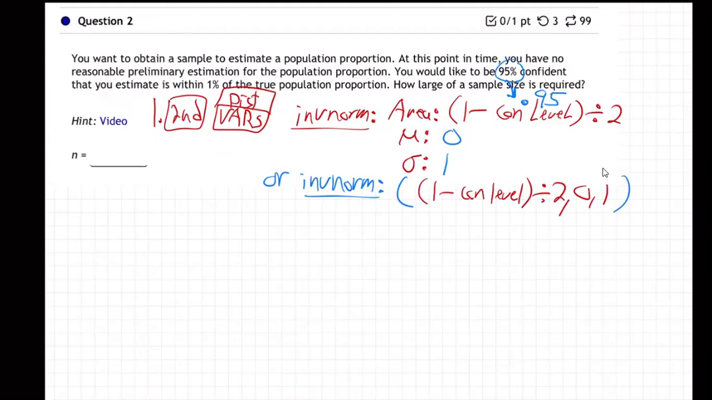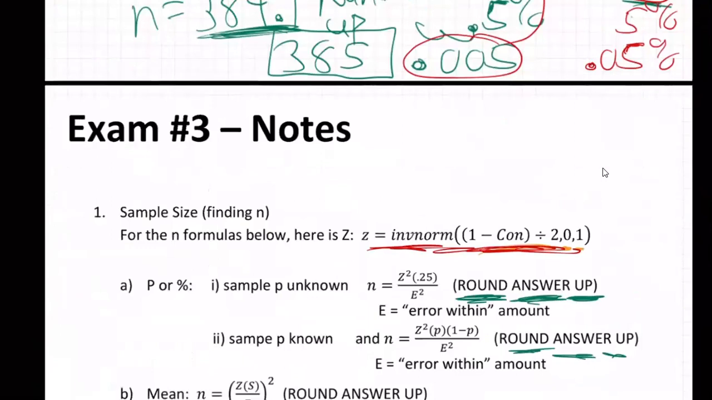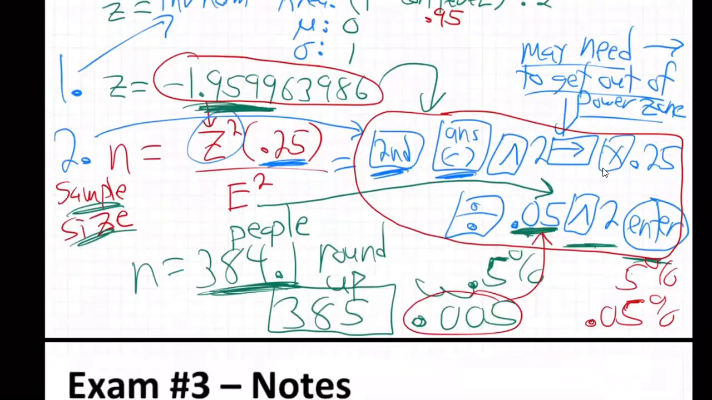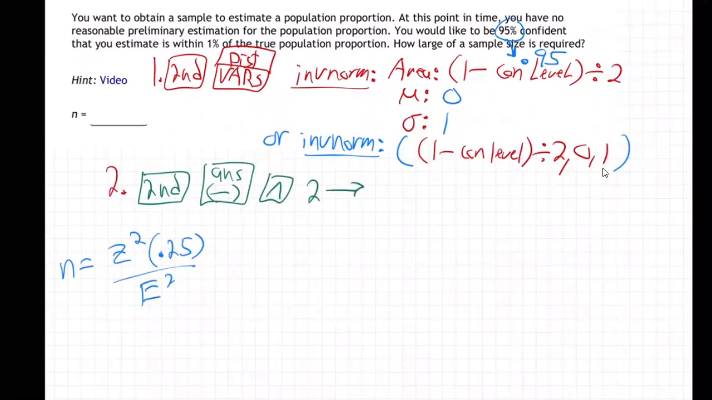So either way, as soon as you have that on your screen, immediately the next buttons you press must be second answer. We're going to use the same formula. Come on down here to the formula right here, same exact formula. And so let me write the formula over here for us. The formula will be z squared times 0.25 over e squared. So you go second answer to the second power. You might need to go right arrow to get out of the power zone, probably if you have a newer one,